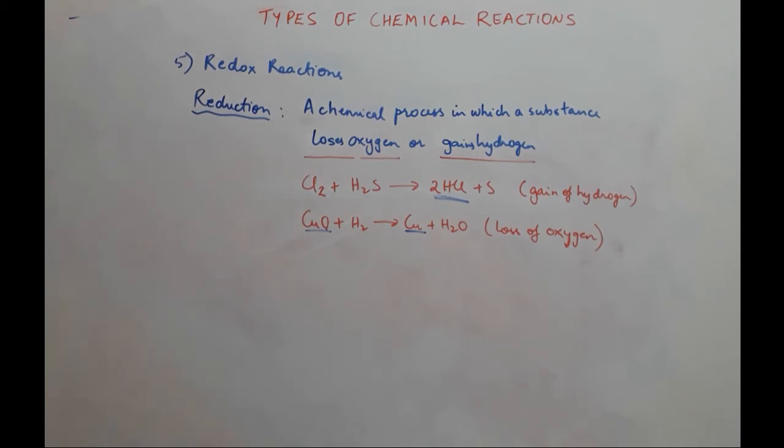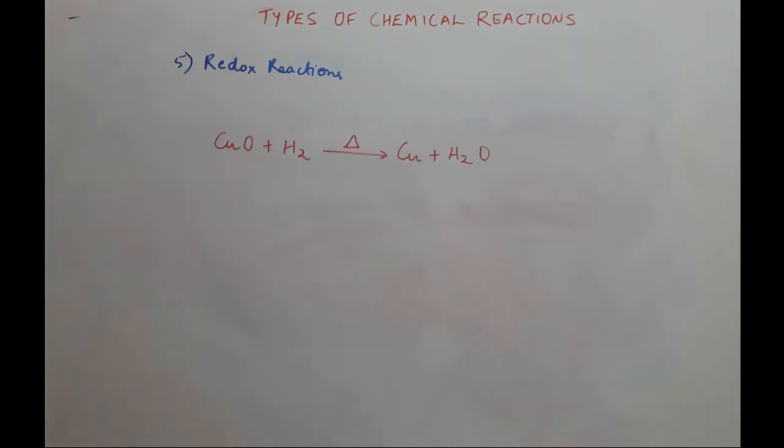Now, oxidation in terms of the electronic concept is defined as a loss of electrons, while reduction is defined as a gain of electrons. But in our reactions, we are looking at whether oxygen is gained or lost, whether hydrogen is gained or lost. According to that, we term it as oxidation or reduction. Let us look at this particular reaction to understand what are redox reactions. So in one particular reaction, we can see that there is oxidation and reduction taking place.